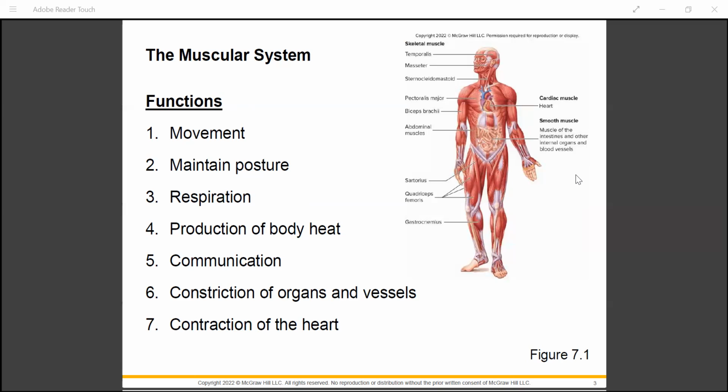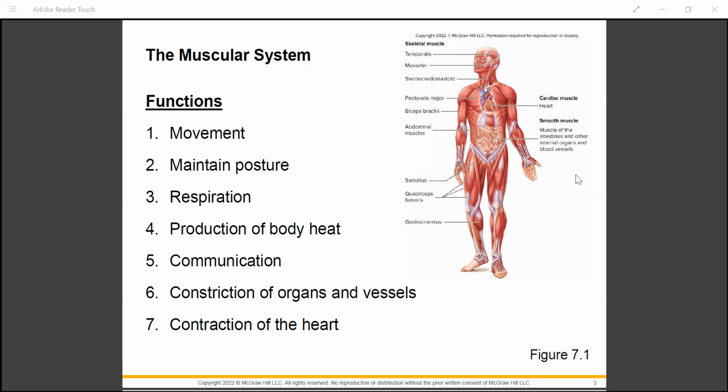We have a few muscles that help with respiration or breathing. We'll touch on those later on in the chapter. Production of body heat is one that you don't think about often, but our muscles generate heat as they work. So when you exercise, you heat up, and then think of even something like shivering or your jaw chattering. That's muscle action that's trying to warm you up when your body temperature is dropping. The muscles of the face are going to help us with communication,